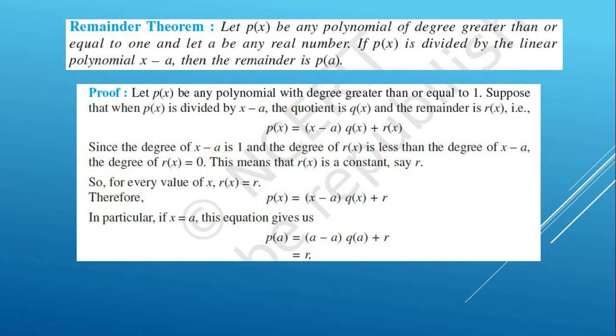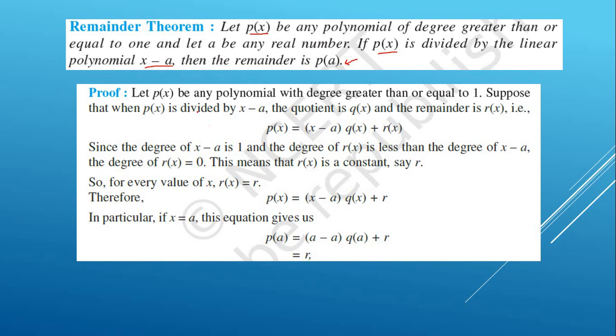So let's start with how we can use the division rule in the remainder theorem. First we discuss the theorem statement. The theorem statement says, let p(x) be any polynomial of degree greater than or equal to 1, and let a be any number. So whichever polynomial you have, its degree is greater than or equal to 1. When you divide p(x) by x minus a, which is a linear factor, then the theorem says the remainder will be p(a). So instead of finding the division, we just use this theorem to get the remainder.